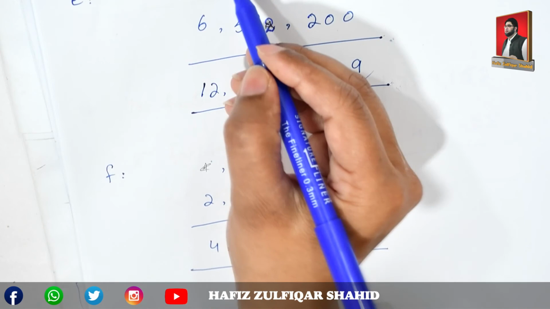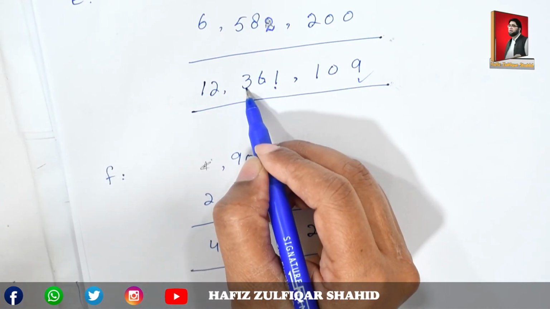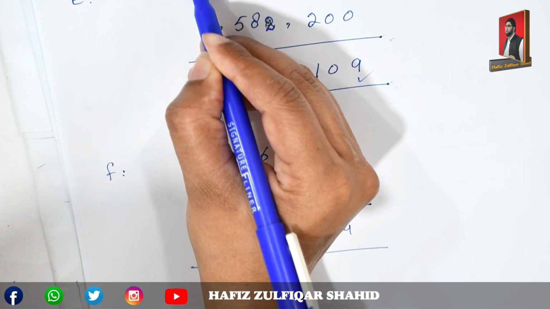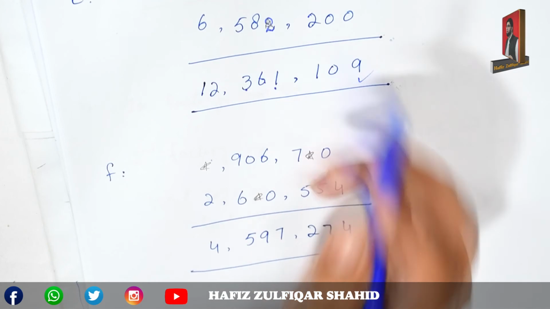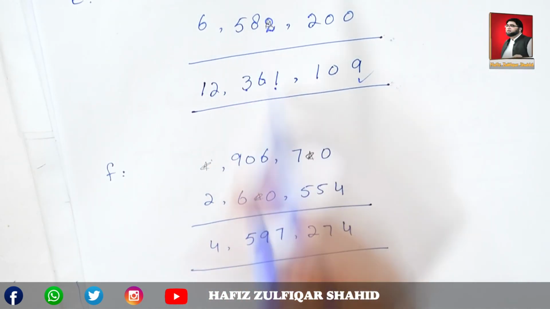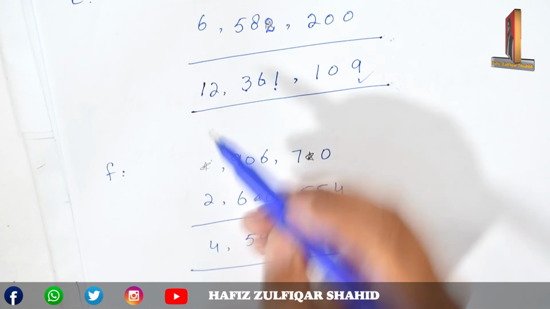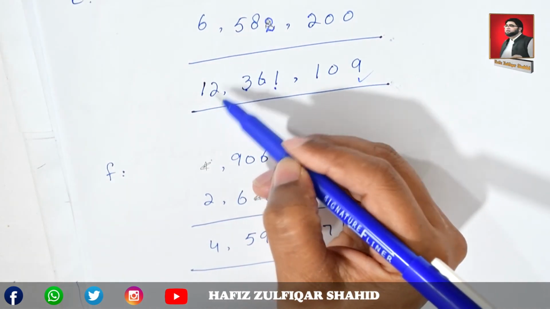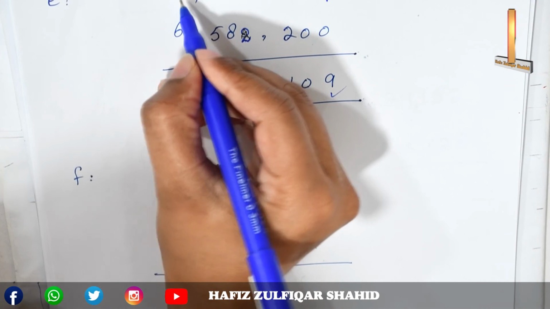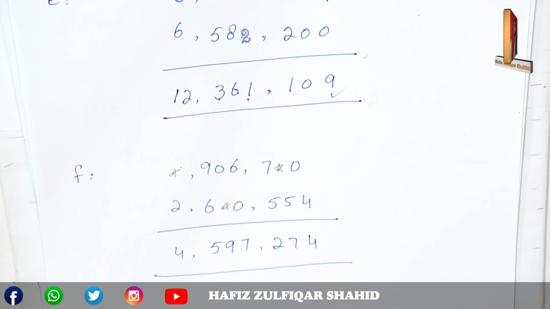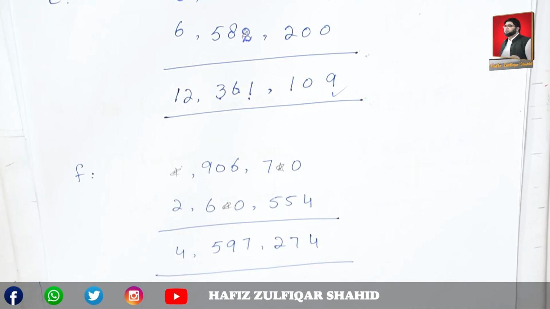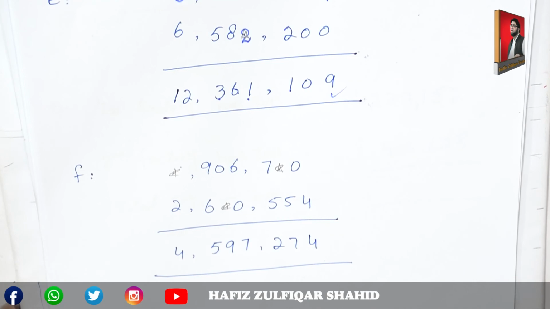Now 5 and 7, 12 and 1, 13, 3 is in the answer, 1 you have to take carry at the next place. Now 1 and 6, you have 7 in the question place, minus 7 from 12, you will get 5, write this 5 at the star place. Now add all these 3 digits, you will be get 12 and your answer is checked, it is correct. Let's move to last part of this exercise, F.